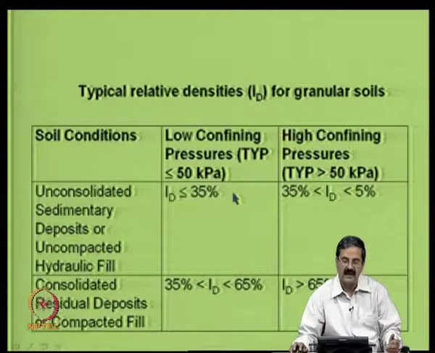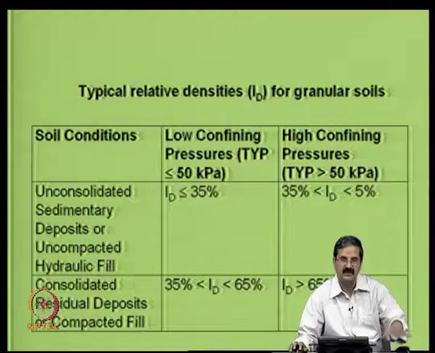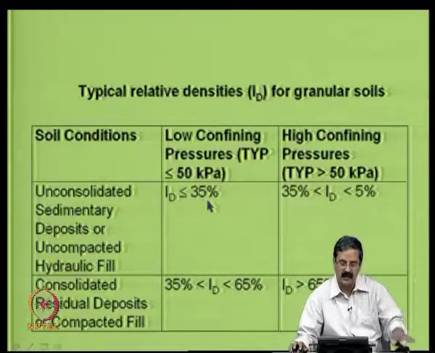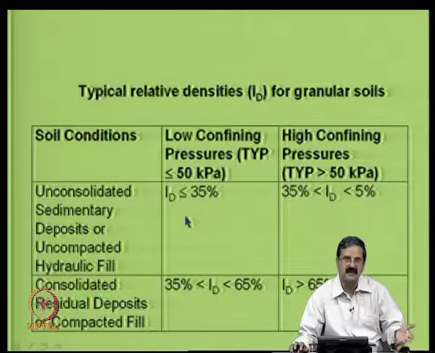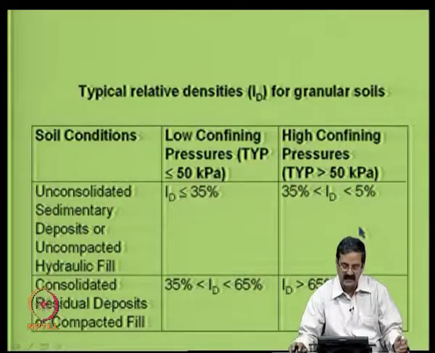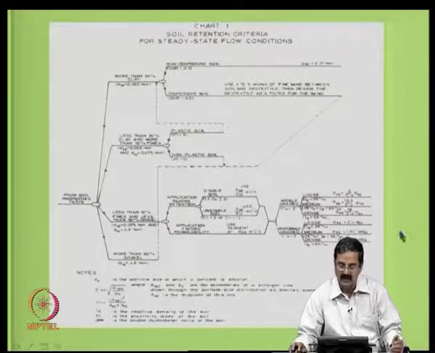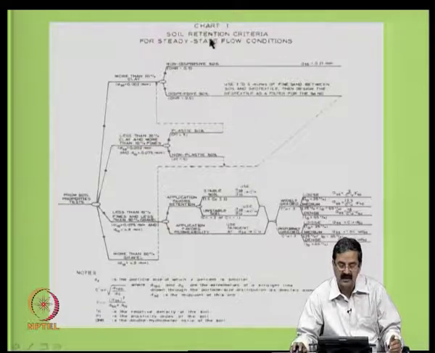He also takes care of identifying the stress; just specifying the grain size distributions alone is not sufficient. He emphasizes the role of confining pressure. If the pressure is very low, the relative density of the materials will be less, but if the relative density is going to be high, then the pressures are going to be high. So, he gave some charts like this, in the sense that one should pay attention to this soil retention criteria.